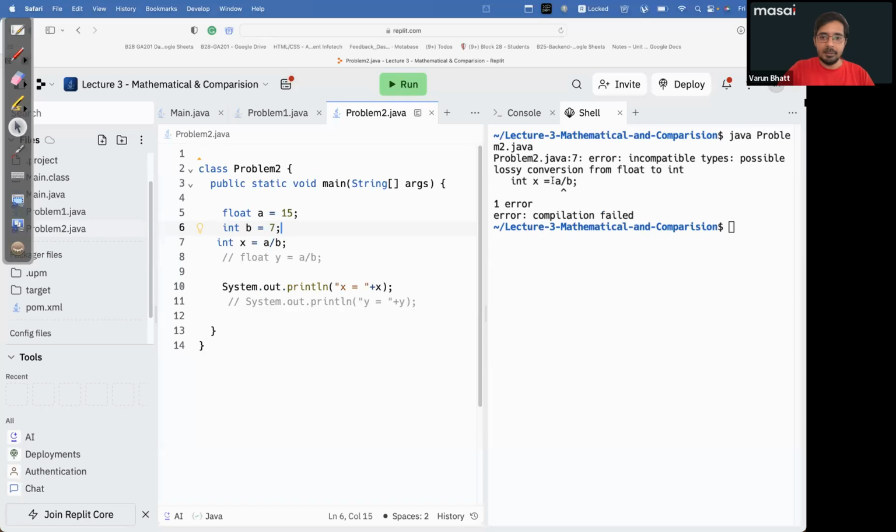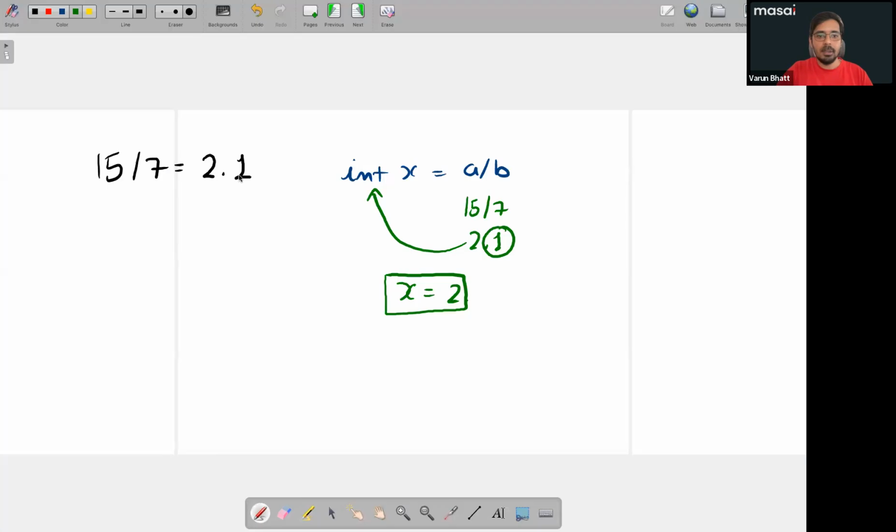So it will give me an error. It will give me an error. And why is this error coming? Because, what are you doing? When you are dividing, when you are dividing